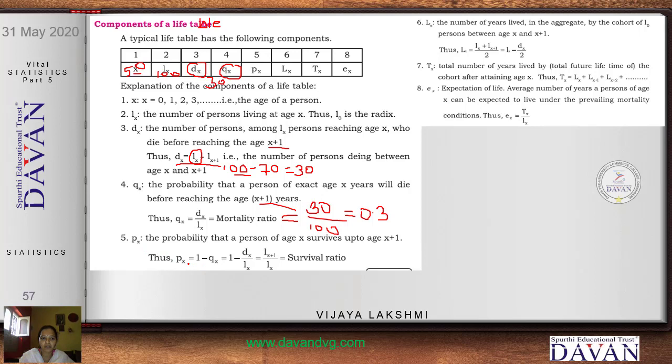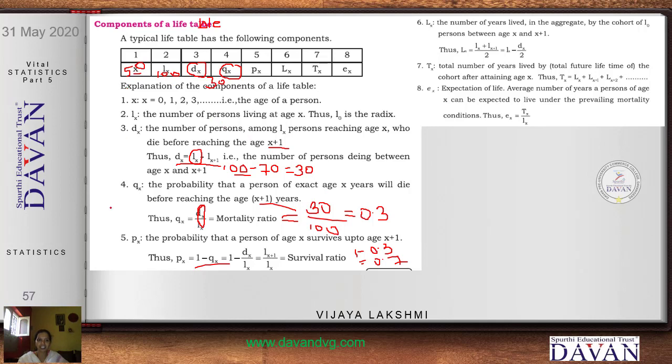Okay. Now this is the probability of death and px is the survival ratio. So it's given with the formula 1 minus qx. If this is the death ratio, this will be the survival ratio. So 1 minus the death ratio will give you the survival ratio, which can also be written as 1 minus dx by lx. qx is replaced with dx by lx, which is also given as lx+1 divided by lx. So this is the survival ratio. So according to our example, it will be 1 minus 0.3. So you get 0.7. This is the survival rate.